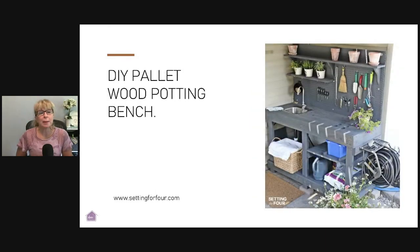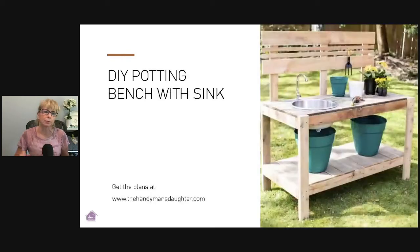Next up, DIY pallet wood potting bench. So now these are standalone potting benches that you can create with just this used shelving, this used pegboard, and these used pallets to create this neat little organizing bench. And if you want to see how they did it, go to settingfor4.com. This one has a little sink inside. Now, I'm assuming you can add piping to it if you want to, but this is just a temporary sink. So they have a bucket down below to catch the water. That way you're able to do a little bit of watering and cleaning of your hands if you need to. You'll just need to keep some jugs close by for that water, but it is a great solution if you're looking to create a space for gardening that you don't already have. And you could get the plans for this DIY potting bench at